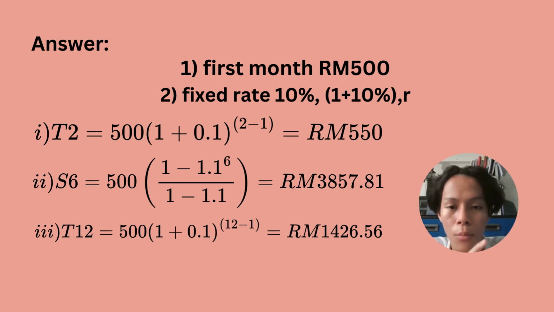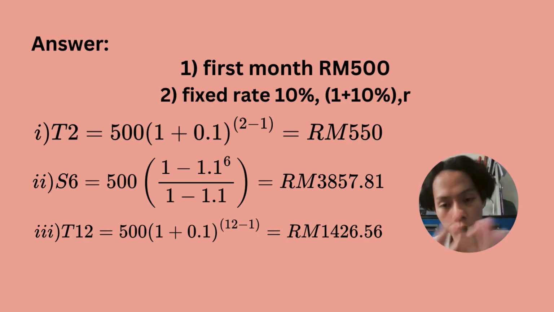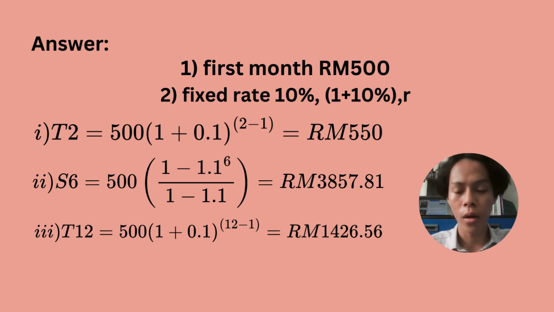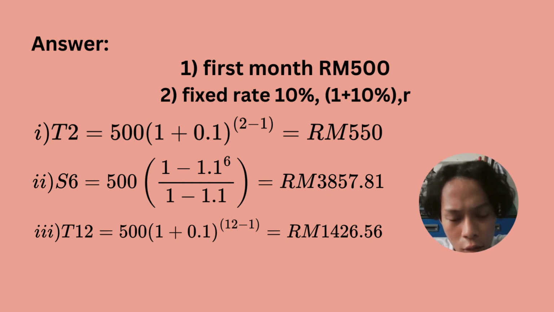So put all the info into this equation, and you will get RM550. For question number 2, use the second equation, where Sn equals a times 1 minus r to the power of n, divided by 1 minus r. So put all the info again, where n is equal to 6, right? So the answer equals RM